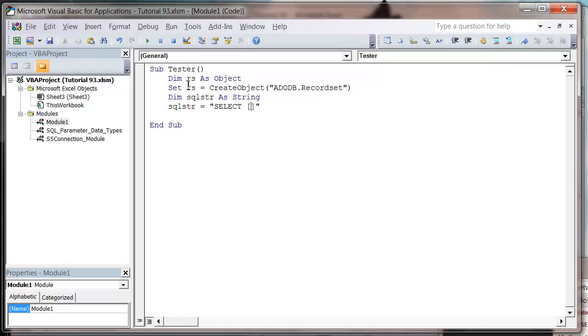So I always put them in square brackets in case people use a name that conflicts with an SQL keyword. So I've got user ID, comma, I'm going to put in all my fields first and then fill them in. So user name, city, age,